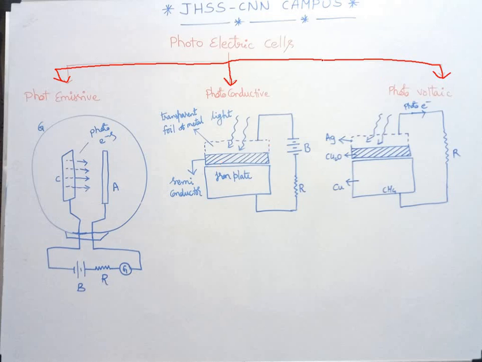So first of all, let us start with the photoelectric cell, or simply photocell. The name itself speaks about that. A photocell or a photoelectric cell is an arrangement which converts light energy into electrical energy. Again, conservation of energy: we are converting one form of energy into another form. The device which converts light energy into electrical energy, simply to say, is nothing but a photocell. Are we clear with this?